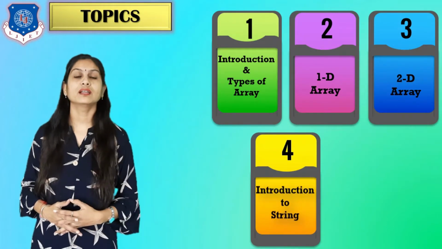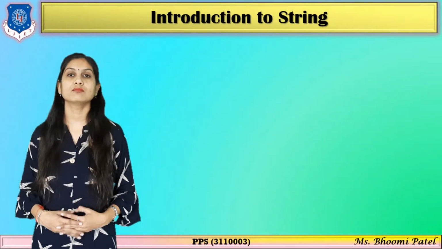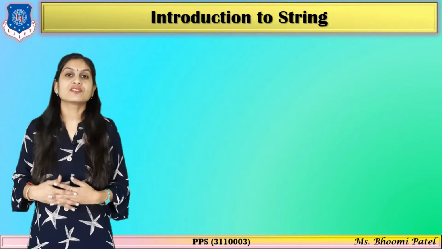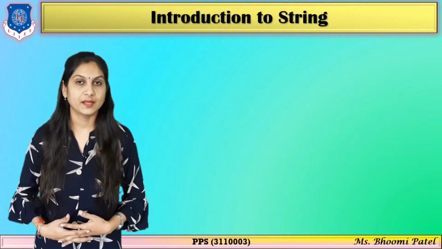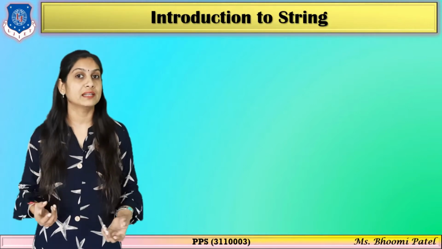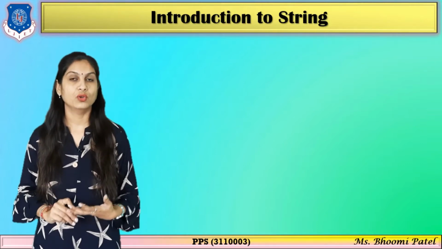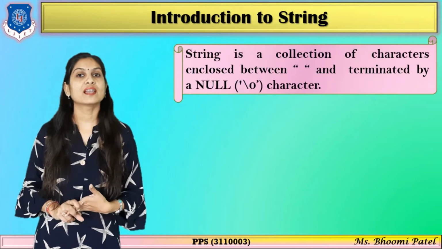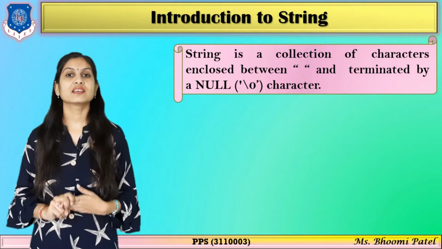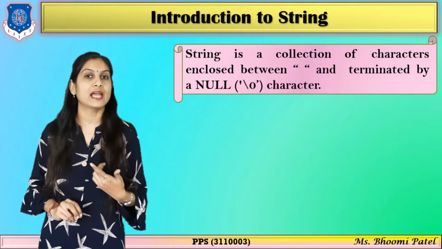Now if you remember, the string was already discussed in our C token theory, and that is nothing but a collection of characters. So we can say that string is nothing but a character array, because an array consists of multiple values and here our string consists of multiple values. But the change is what? It stores only character values. In our previous lectures we discussed arrays of type integer, but when you are using a string, your array must be of type character.